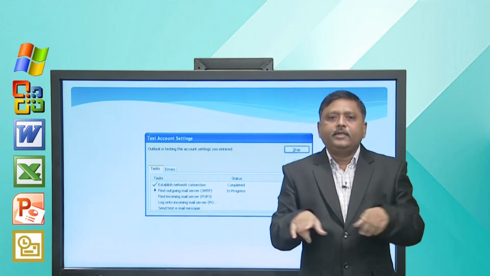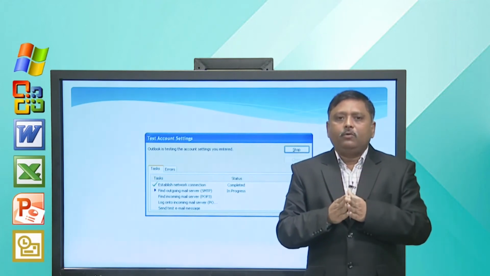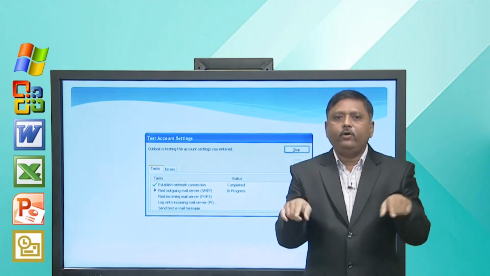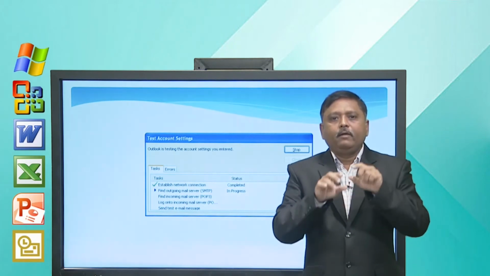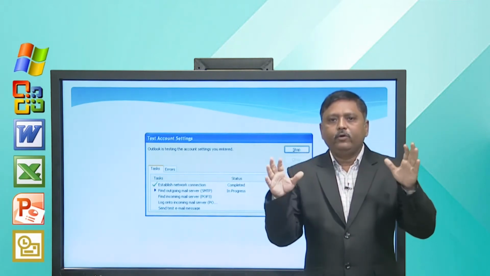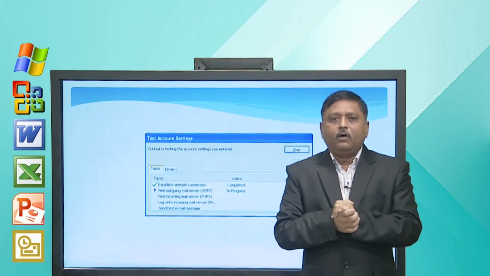Once this process is finished, you get the Microsoft Outlook interface or window, which generally initially shows the inbox and various windows that you can use. So, let us see the Microsoft Outlook interface.